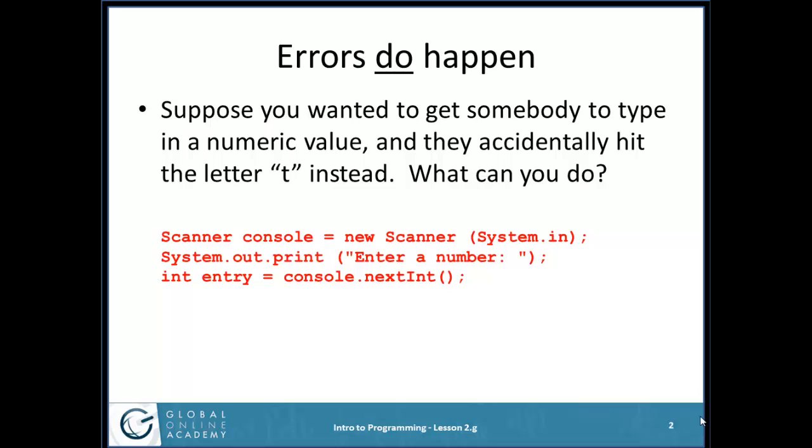Well, here's an example. Suppose you wanted somebody to type in a numeric value and they accidentally hit the letter T instead. They wanted to type in a 5 and their finger just missed and they typed in a T. So look at this code. This would be like we did in lesson 1. We had a scanner called console that's hooked up to system input. Print out, enter a number, and then we said, give me an int variable called entry that consists of